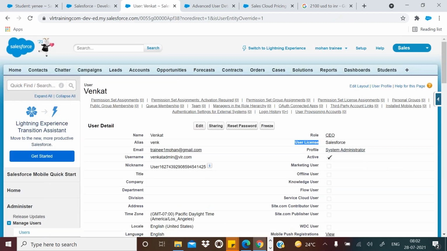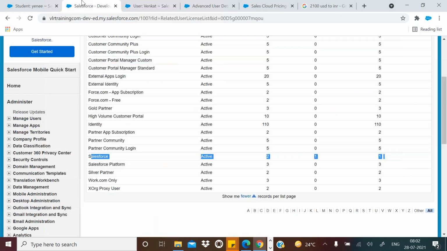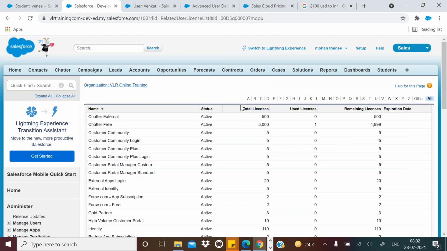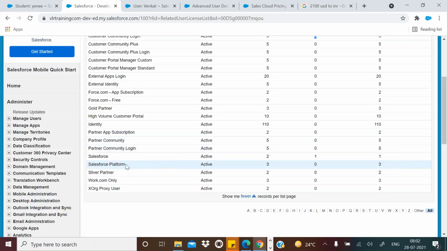So now with Salesforce license, totally Salesforce has provided, free developer org 2 licenses are there. Remember, this is a free org. These licenses totally belong to only this free org. Count of these licenses only belongs to this free org. But in the original paid orgs, right? These counts will vary. These counts will vary based on the payments you have done.